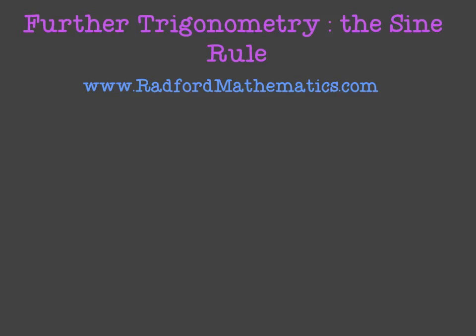In this video, we'll be learning about the sine rule. Now, the sine rule will allow us to find unknown side lengths as well as unknown angles in any triangle, meaning to say the triangle doesn't have to be a right angle triangle. So, for example, if we had a triangle looking something like this,